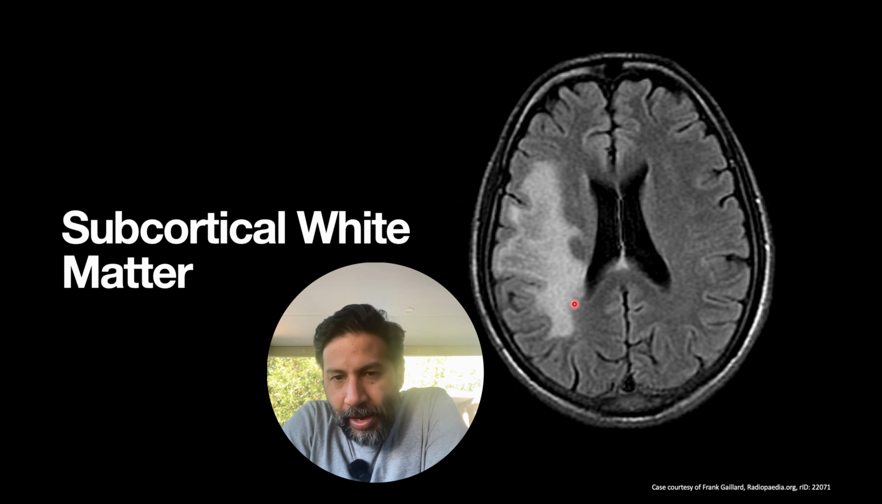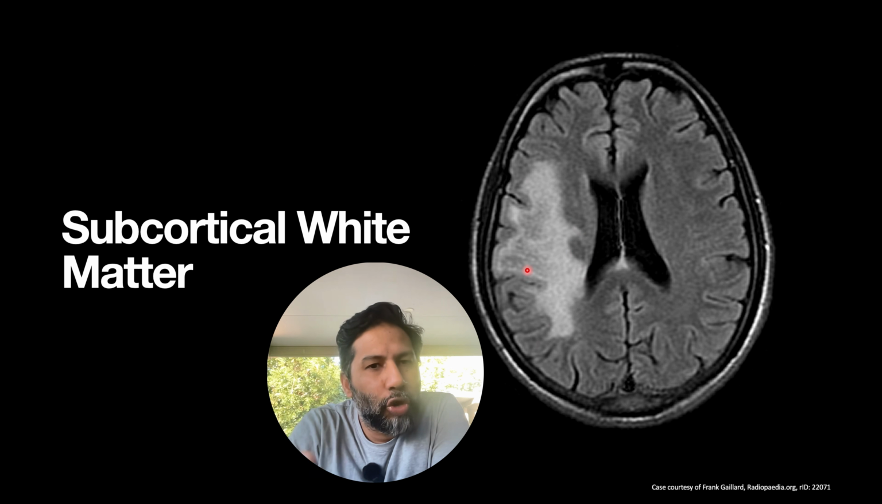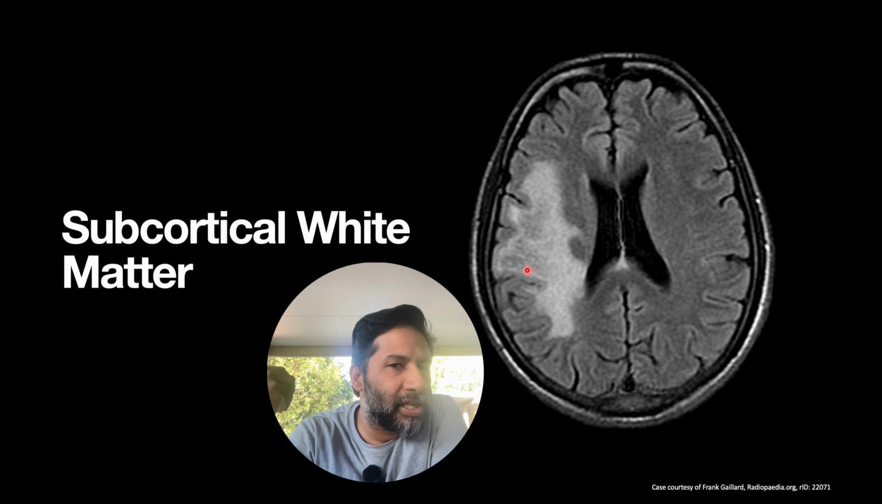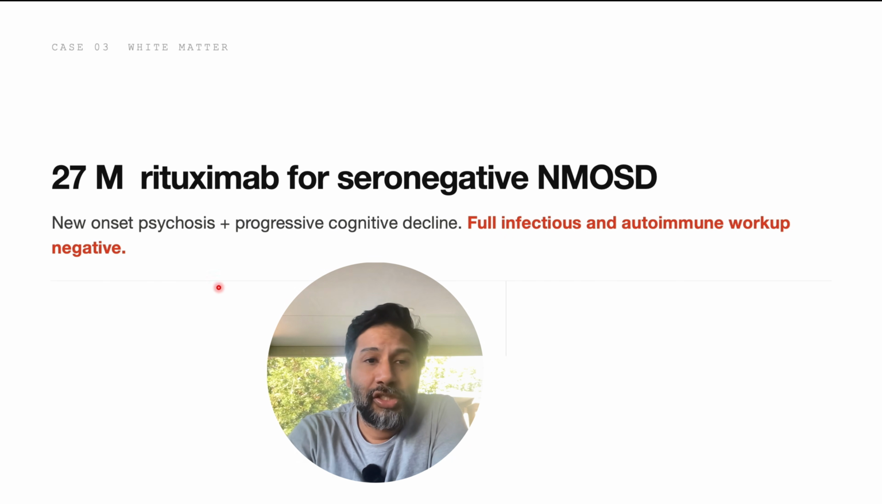Okay, not the gray matter, but just in the subcortical region in the white matter. So there's some sort of neurotropism for the oligodendrocytes or the axons in that region. And so we want to see what infections can do that. So we've got a new patient, he's 27, he's got NMOSD, but he's now developed new onset psychosis and progressive